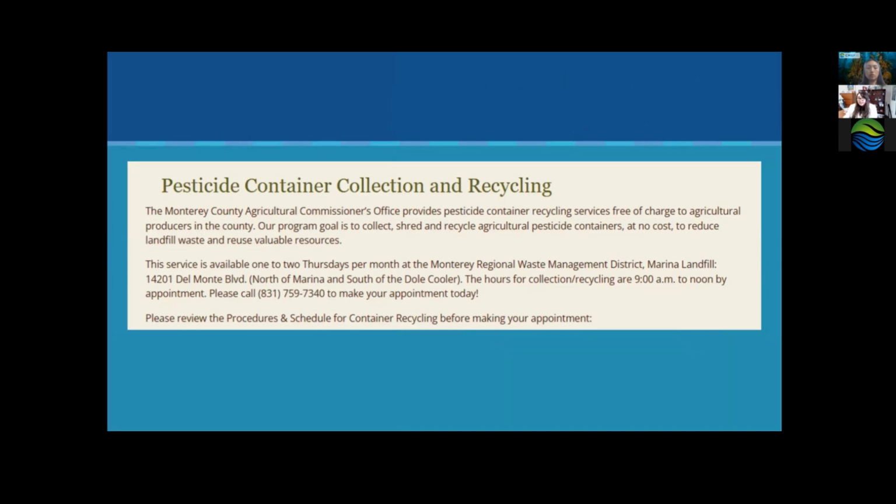In addition to that, ReGen also provides a pesticide container recycling program. We'll share with you all the flyer for 2025. But in essence, each year, ReGen, and in fact, this program is actually available across California. So you can reach out to your local ag commissioner's office and they will indicate to you where you could